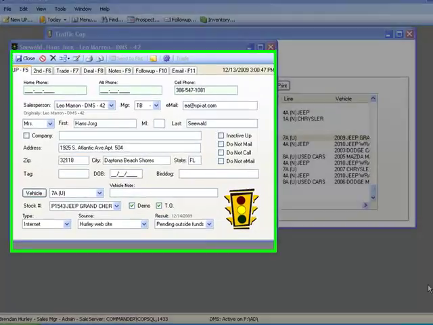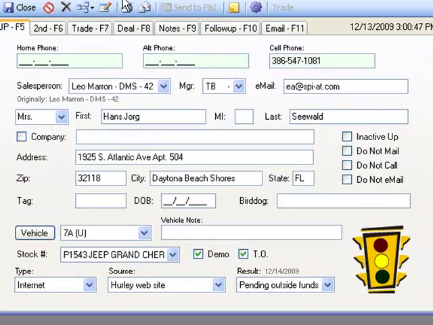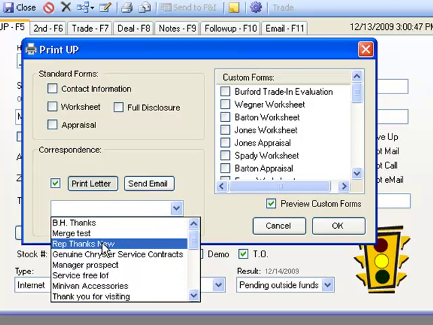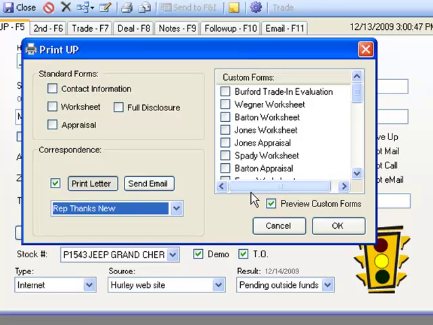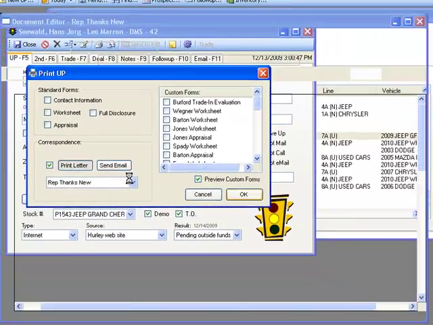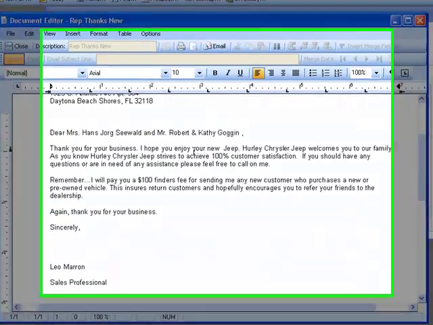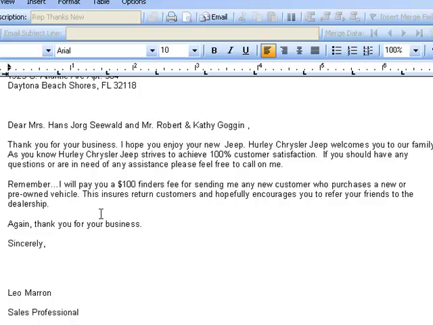Well, before we wrap it up here, let's talk about one other feature that's near and dear to salespeople using Traffic Cop, and that is the ability, in a single record environment, to send a letter. And of course, you can still do this, but there are a couple of subtle differences. If we select a letter here, we'll say a rep thank you letter, and we hit the OK button, you'll notice that the pencil that used to be here before for editing that letter has gone. And the reason for that is that if you wish to edit this letter, you can edit it right here in the screen environment. So you can change anything you want to change in this particular letter, and when you